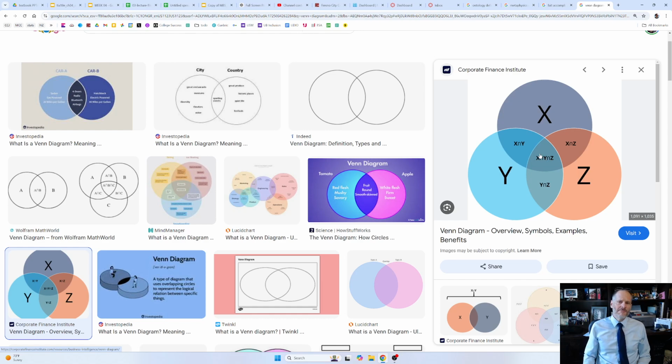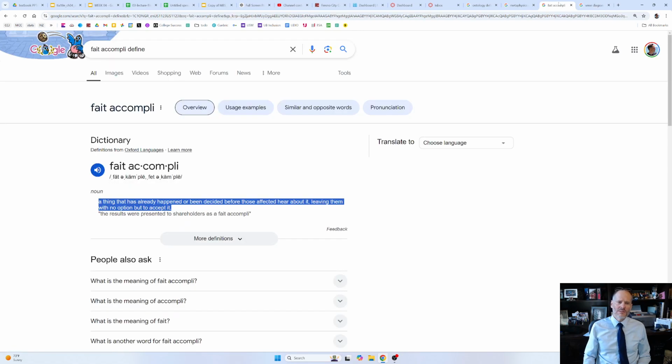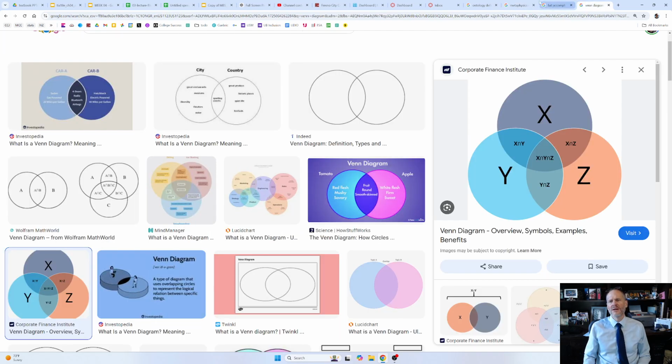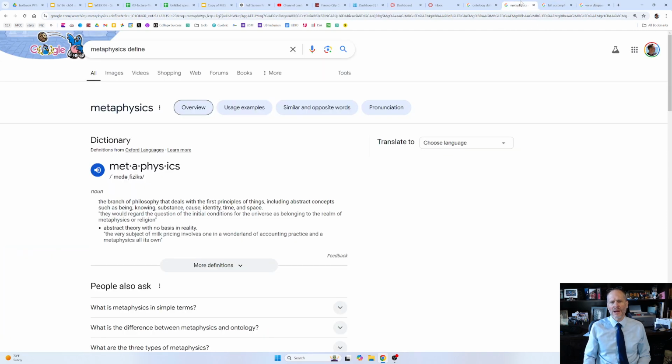So that is why it's important to think about fait accompli and not just have the rote routine of definitions of things, but to actually think about things from a larger perspective. Because when you do that, it allows you to make better decisions and be more effective in life. And so I like to share those bigger perspectives from other domains and bring a multidisciplinarian approach to talking about